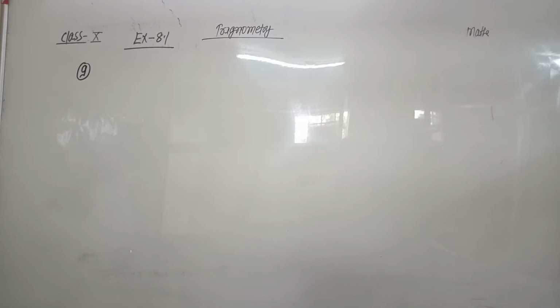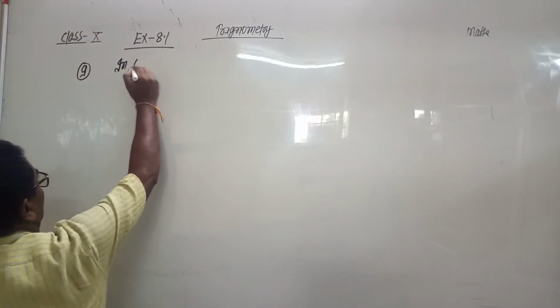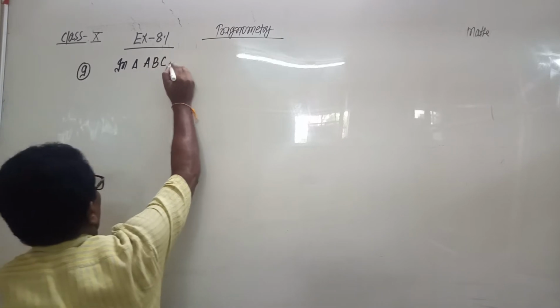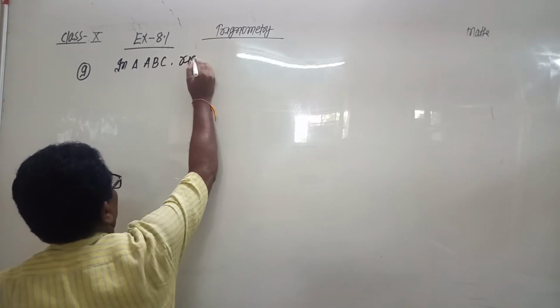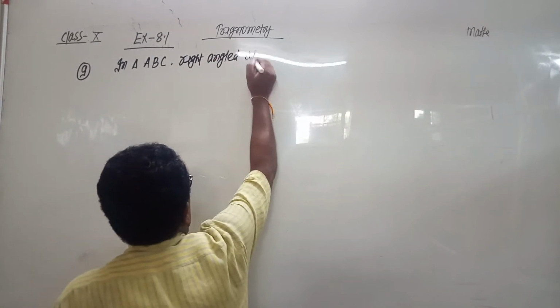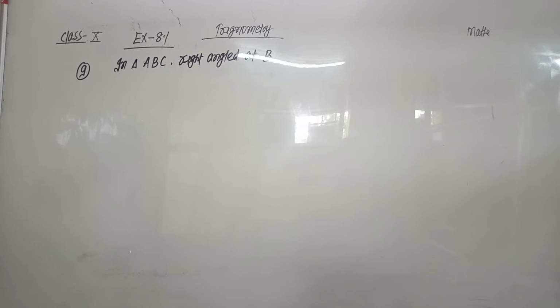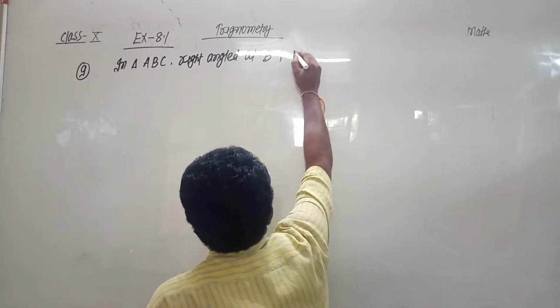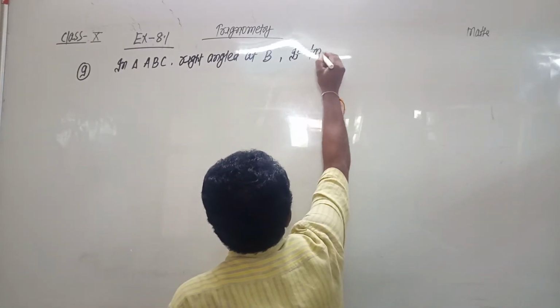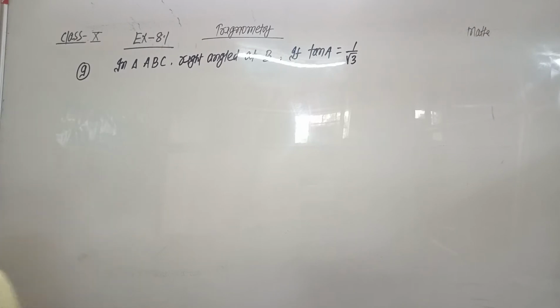In triangle ABC, right angle at B. If tan A equals 1 by root 3, the value of tan A is given as 1 by root 3. Find the value of